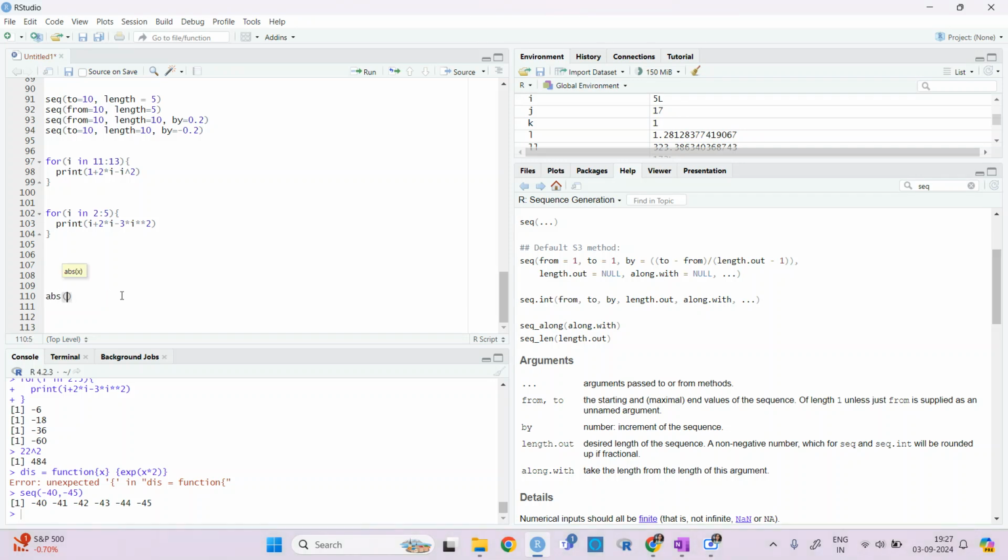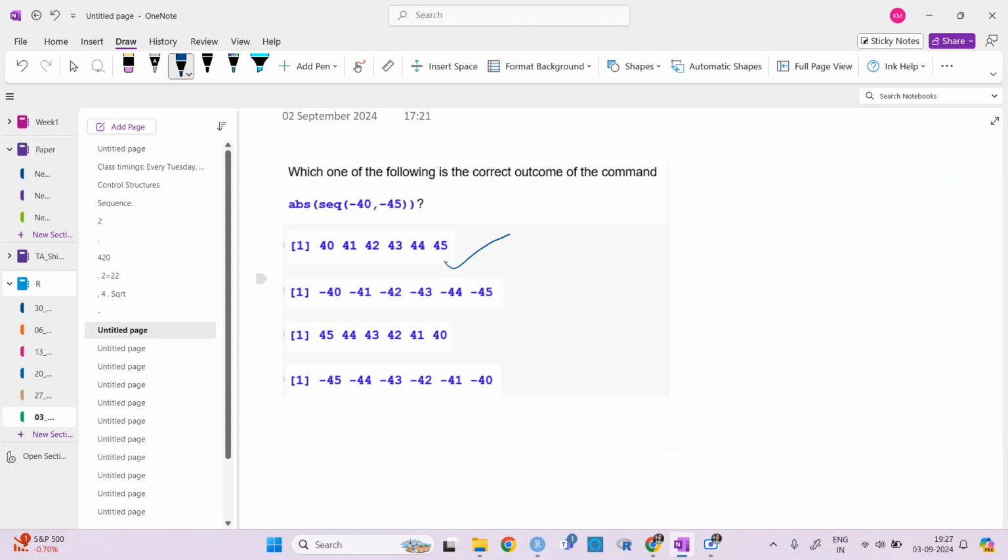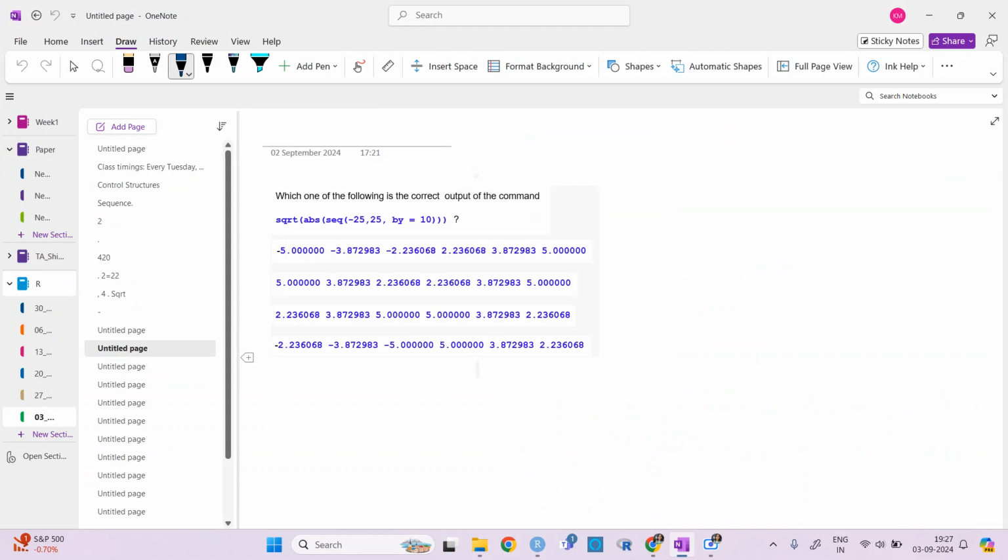If I write absolute, it will just make it the positive sign. Nothing else, right? So the first one will be the answer. And because we have not given by or anything like that, it will just give the values directly. Right? The next one.